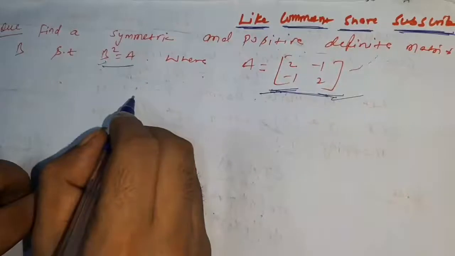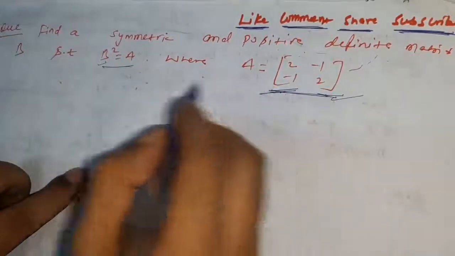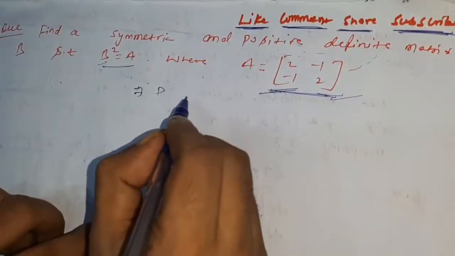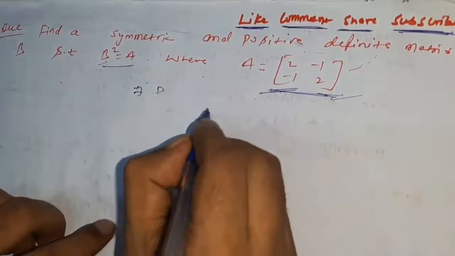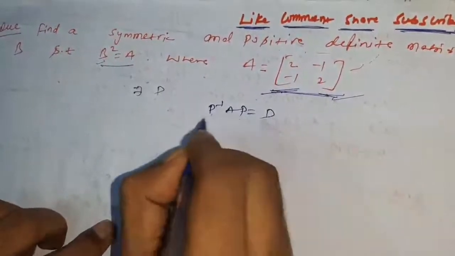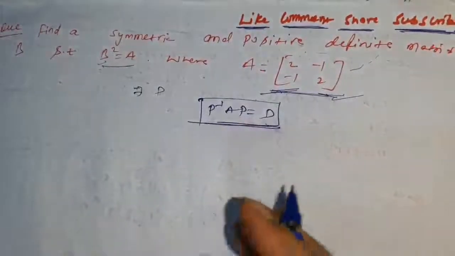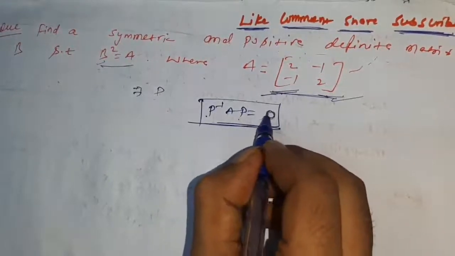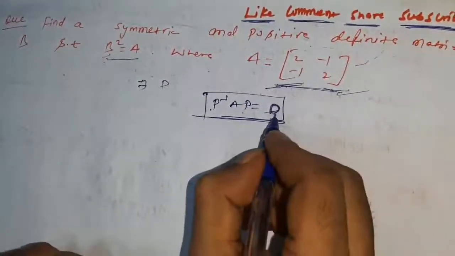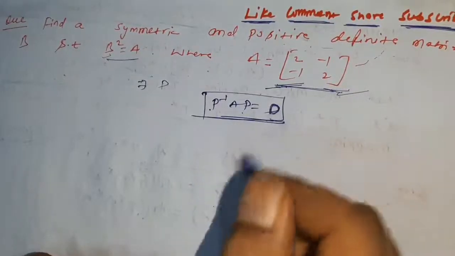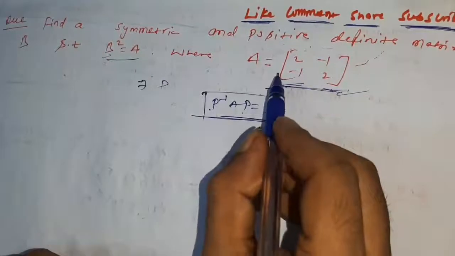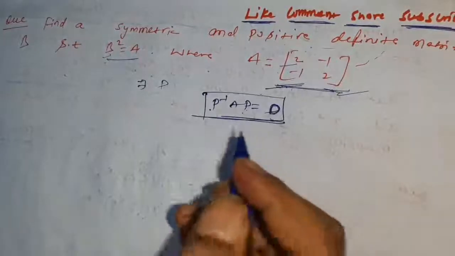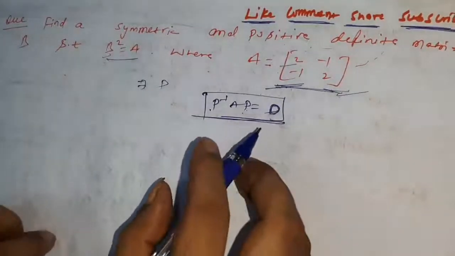So A is a symmetric matrix, so there exists a matrix P with the help of which we can write P inverse AP is equal to D, okay. You know the condition of diagonalizability: what will be the value of P here, and what will be the value of the diagonal matrix here. In the diagonal matrix, only diagonal elements, and the diagonal elements will be the eigenvalues of this matrix, which is diagonalizable, and P is the matrix which we get in this way.